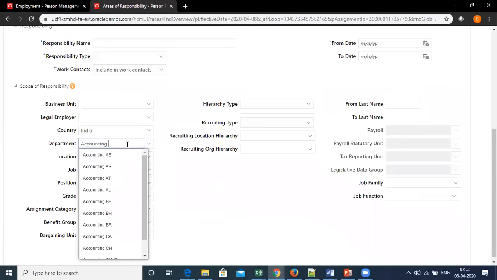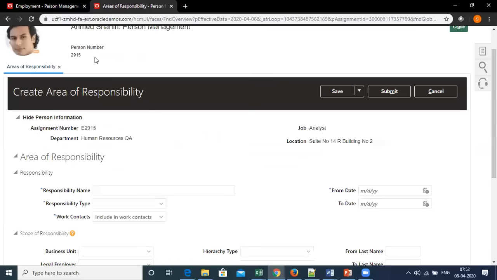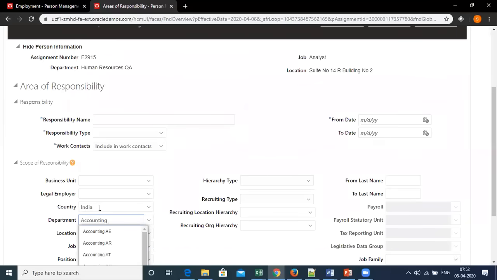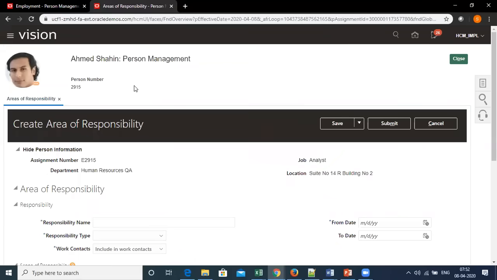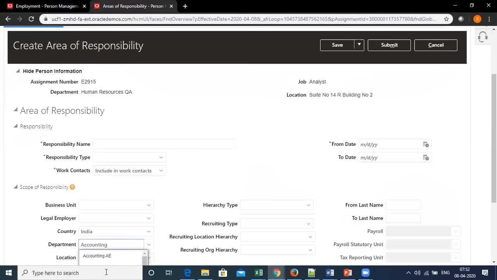It means there is only one department, accounting, which is available in India as well as in the UK. Now, being an employee in the UK, my country will also be UK. So when I raise a transaction, my approval will not go to Ahmed Shahin, because my country has to be India. Only then will this approval go to Ahmed Shahin, because the responsibility is defined in that manner.